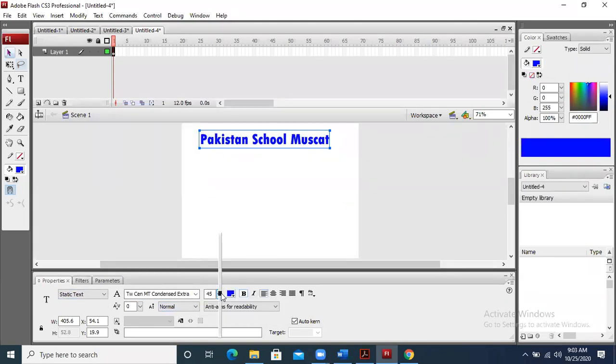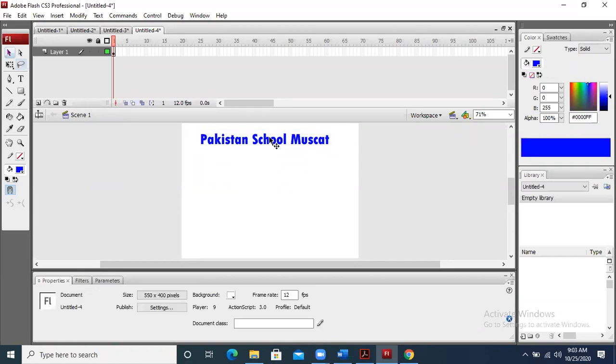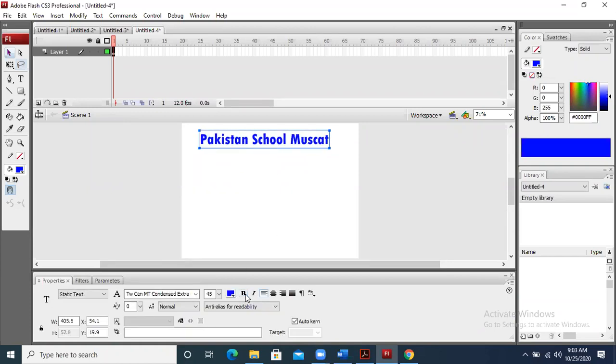We have font size, and we can increase or decrease this bar to change it. Right now I have taken 45. These properties will only appear when you click it. Bold, italic, center align, left align, right align, all the options are there.